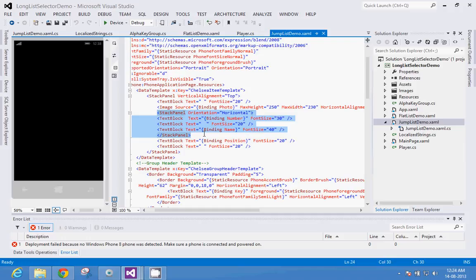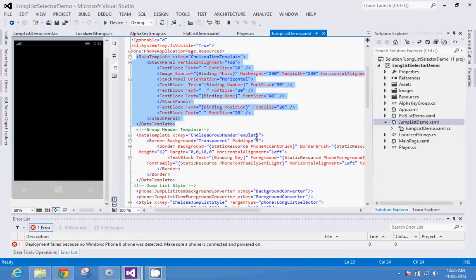But then there is one more thing there. There is a text block, then there is space, so blank. One text block I have binding to number, image I have binding to photo. These are properties of my player class. And then my text block binding to position, the center forward and everything. So you can arrange them as you can, and that's my Chelsea item template. Very, very simple thing. I'm going to share the code so you can just see and you will just get it. It's that simple. Then there is layout mode, which is list.